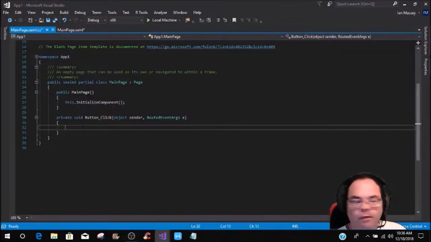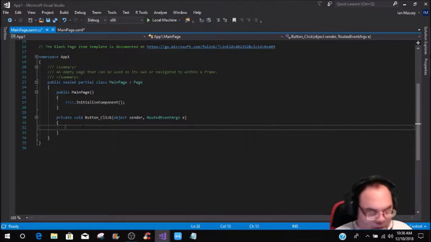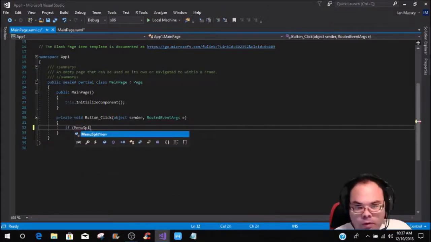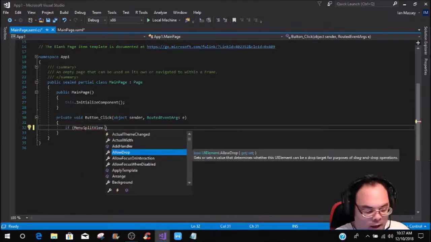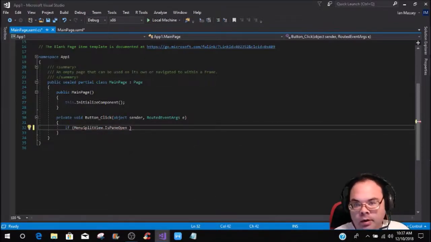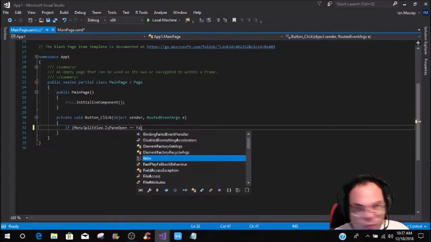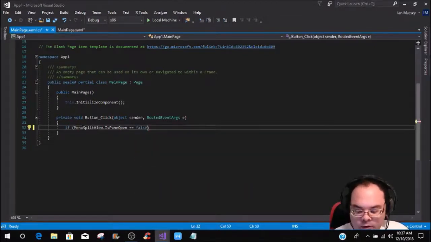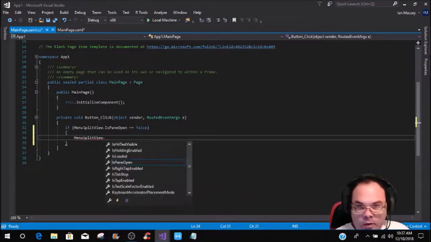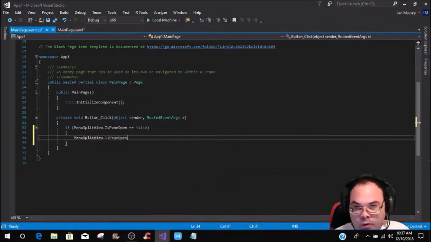Alright, now in the click event you're going to use your basic if and else if statements. So if, and then it's going to be menu split view dot is pane open is equal to false. Then you're just going to come down and put menu dot split view dot is pane open equals true,